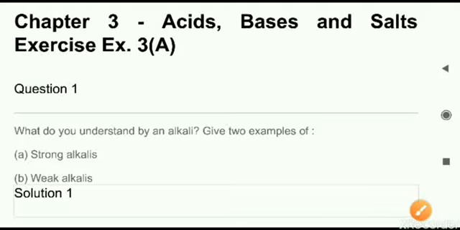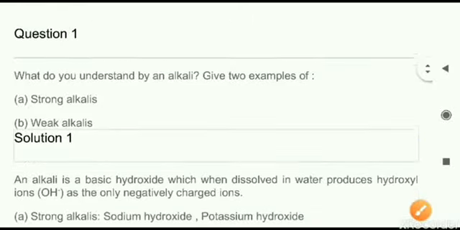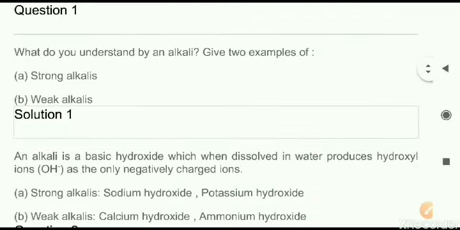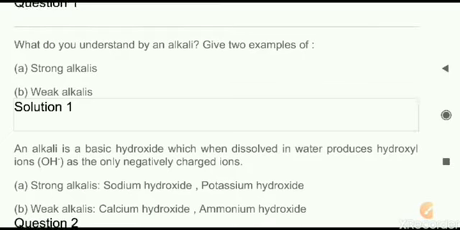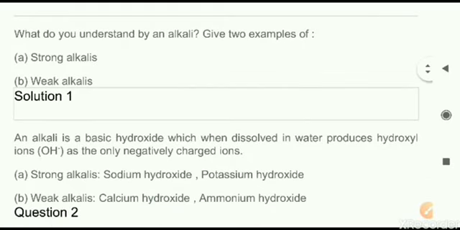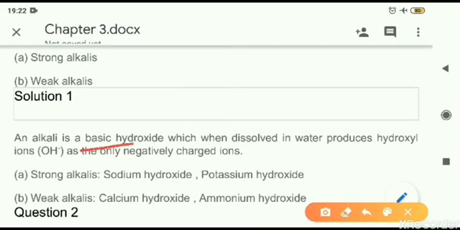Here we have the exercise 3A. Question number 1. What do you understand by an alkali, and give two examples of strong alkali and weak alkali? So the definition of alkali is what? They are all basic hydroxides, and when they are dissolved in water they produce hydroxyl ions, that is OH negative ions. The examples of strong alkali, that is NaOH and KOH, sodium hydroxide and potassium hydroxide, they completely dissolve in,